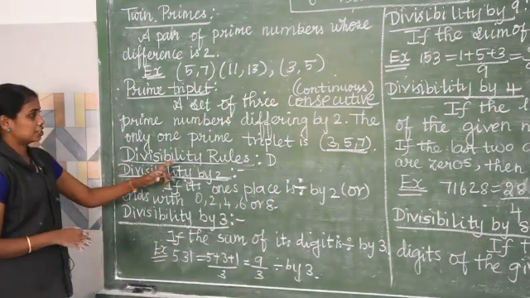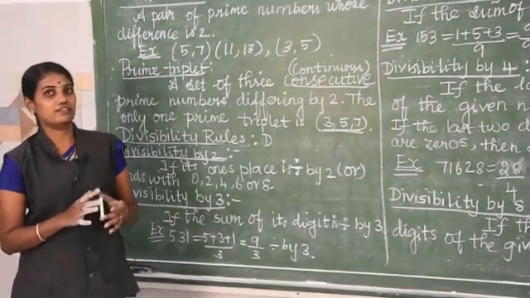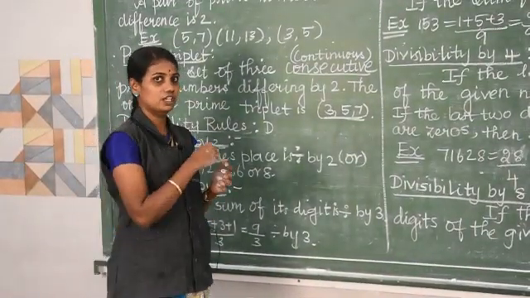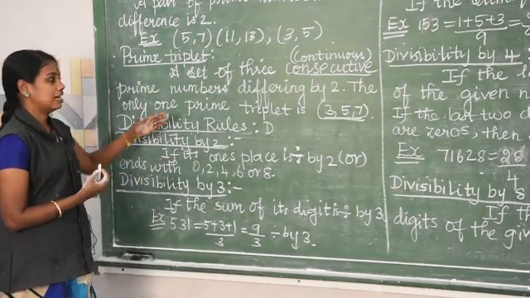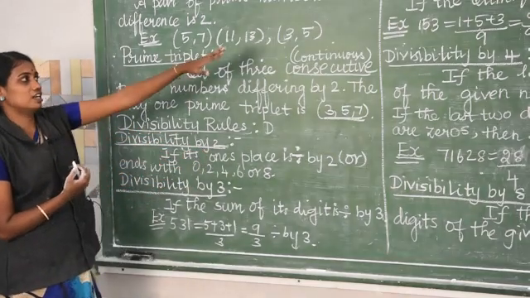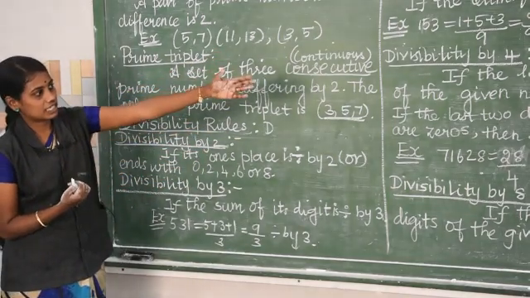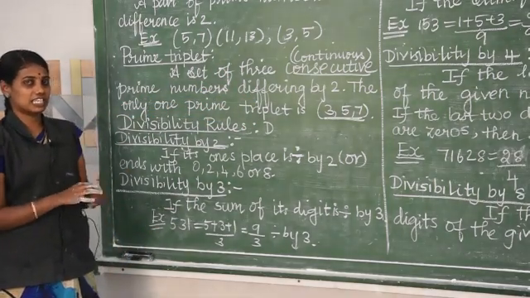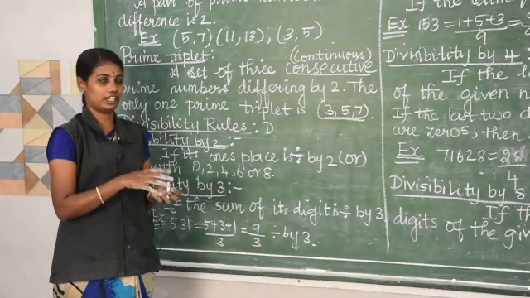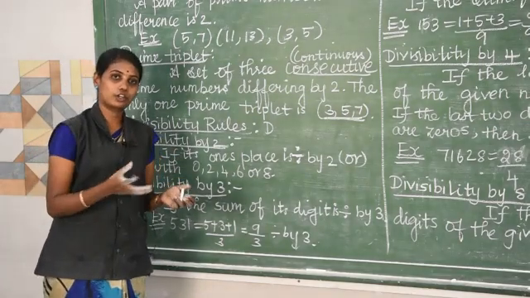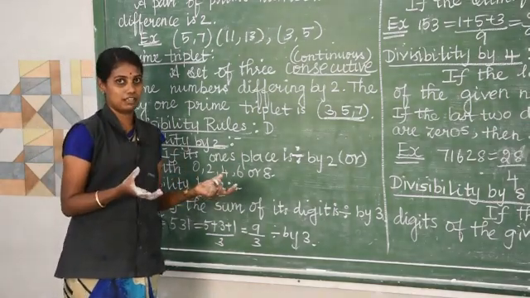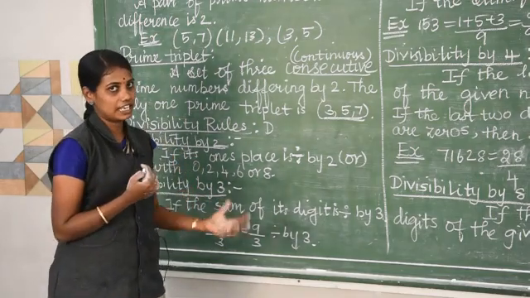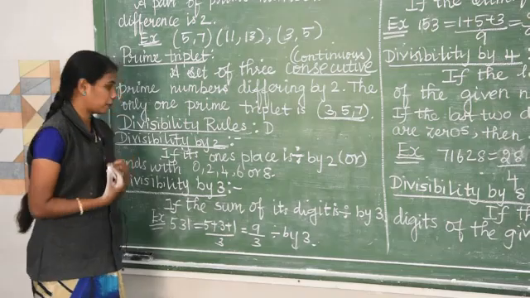Next, divisibility rules. Divisibility rules are very important to go for the division, easy division. Now listen to me. We have rules for 2, 3, 9, 4, 8, 6, 11 and 5 and 10. It is an easy method: seeing the number, how to find out. It may be 1 lakh, 1 crore, so many numbers it may be. Seeing the number, we can find out easily. This is like a clue. So listen to me properly.